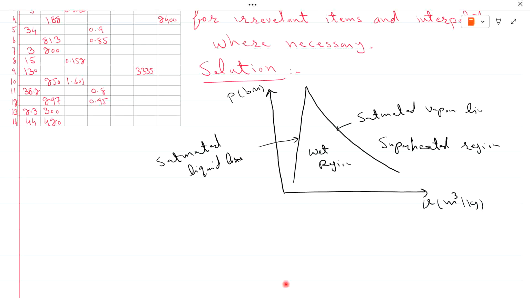So here is a term x. x is dryness fraction. At start x will be equal to 0. It means that there will be no dryness. All water will be in liquid form, and this will be gradually converted into vapor, and at this point completely vapor will be formed. So at this point x is equal to 1. So the minimum value of x is 0, the maximum value of x is 1, and between these two points the value of x increases from 0 to 1: 0.1, 0.2, 0.3, 0.4 and so on up to 1.